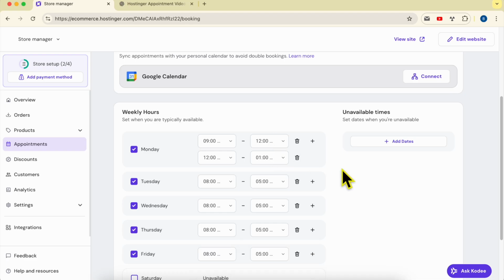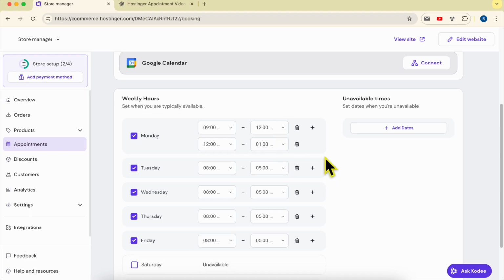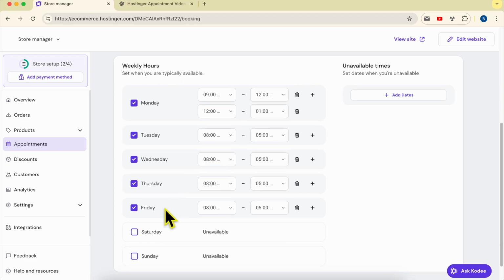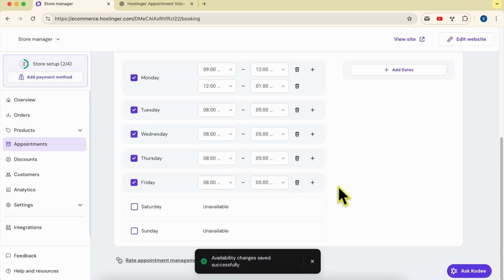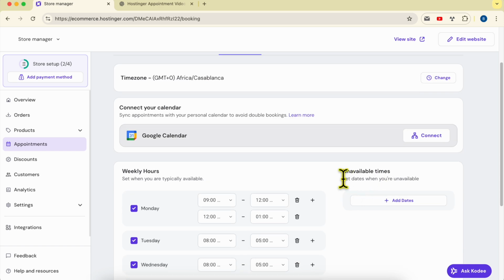This is what I am trying to show you. Same thing for the other days. You can make Saturdays and Sundays available, or not, just like this. And now you can even set the days when you're unavailable. For example,